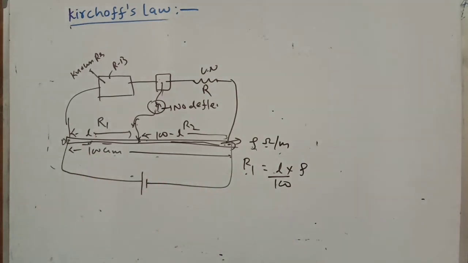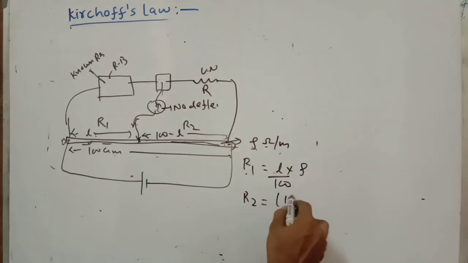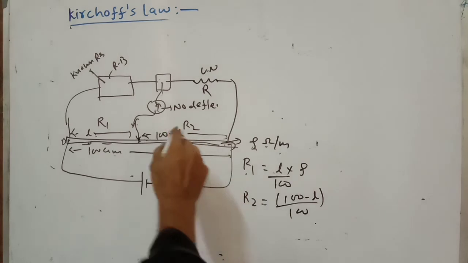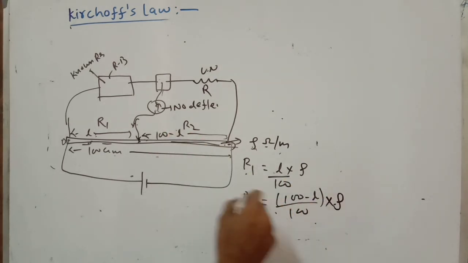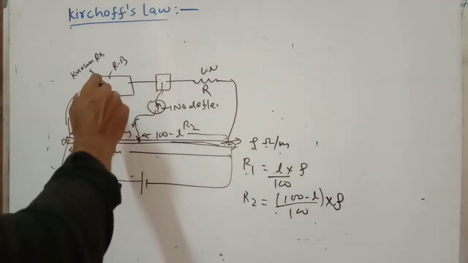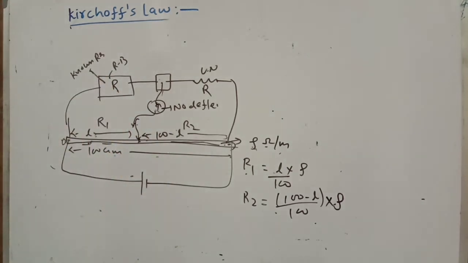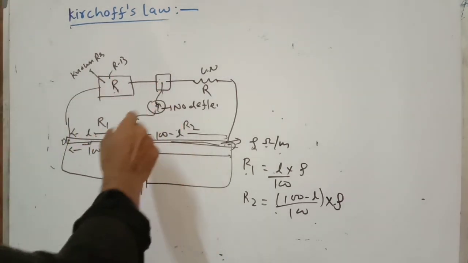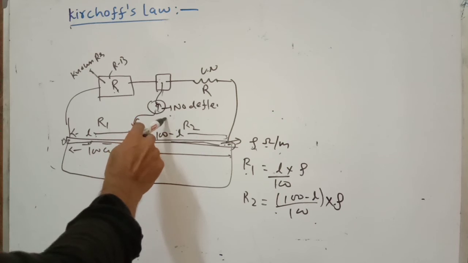This is the resistance of this part of the wire. Similarly, you can also find the resistance of the other wire: 100 minus L divided by 100, that will come in meters, into rho. So this is the resistance R2. R is also known. Now with the help of the condition of balance of the Wheatstone bridge,